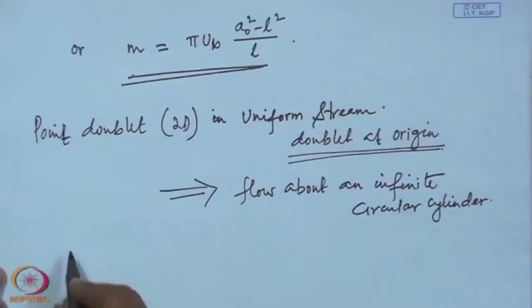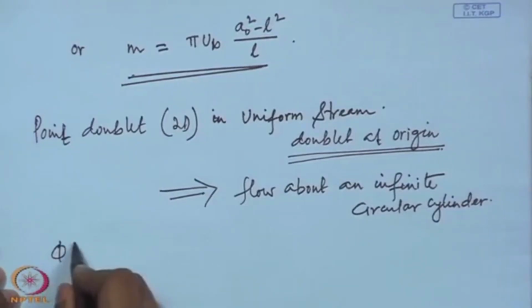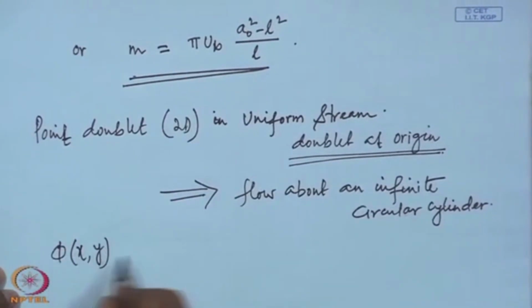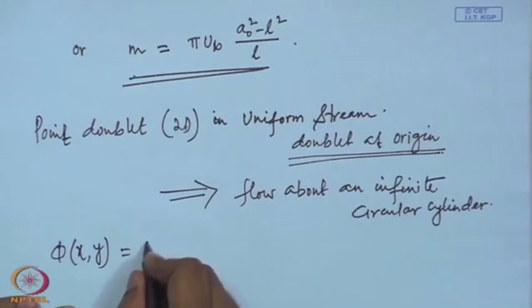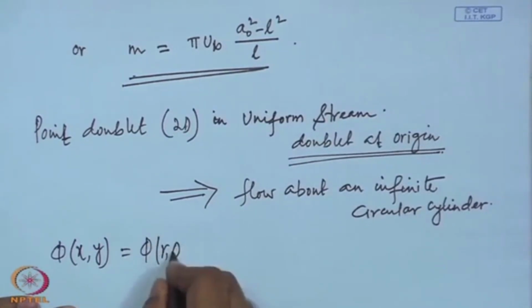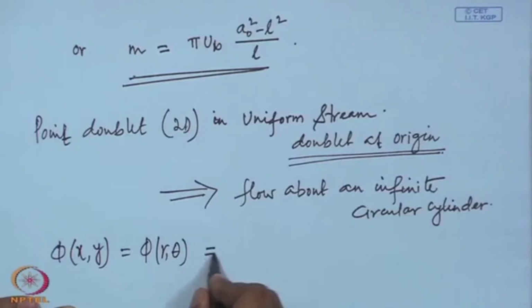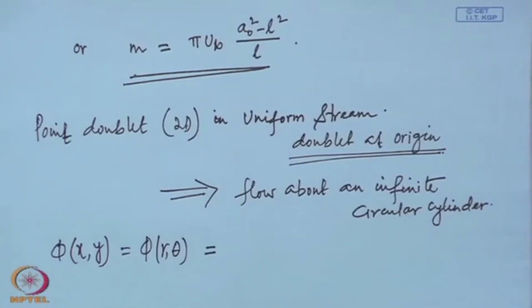So, once again let us write the potential function and stream function at a point. So, potential function at any point x y, what it will be? It will be convenient to work now in terms of r and theta. So, we will write r theta. The potential function in terms of r theta is, how much? Once again uniform stream along x direction. So, the potential function is u infinity x or u infinity r cos theta, okay. And